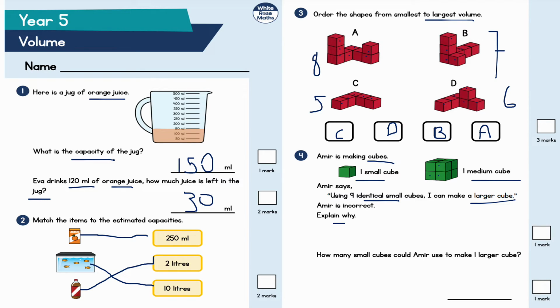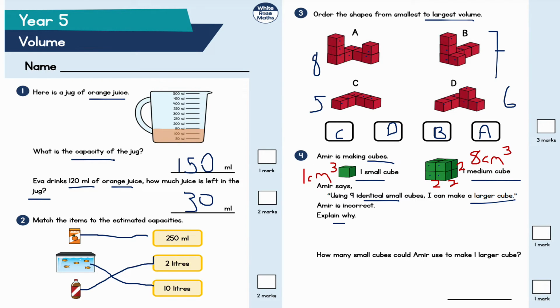Well, a medium is 4 by 4. Yeah, so it's a square, so it's 4 by 4. Sorry, it's 2 by 2 by 2, sorry. And then by 2. Length times width times height. So that one gives us a volume of 8 centimeters cubed. One small cube has a volume of 1 centimeters cubed, if it's in centimeters, because